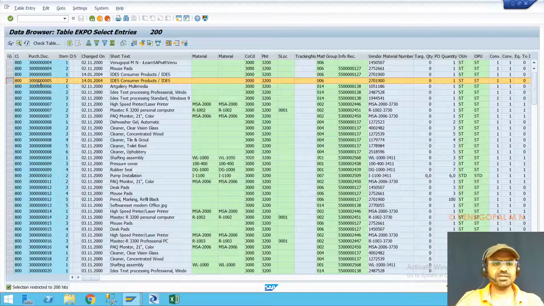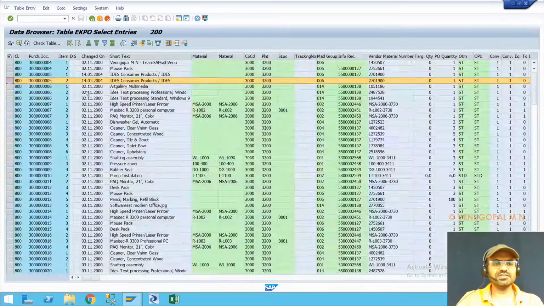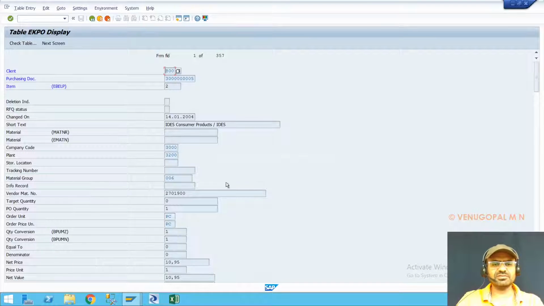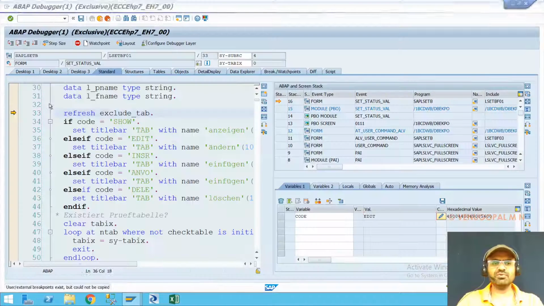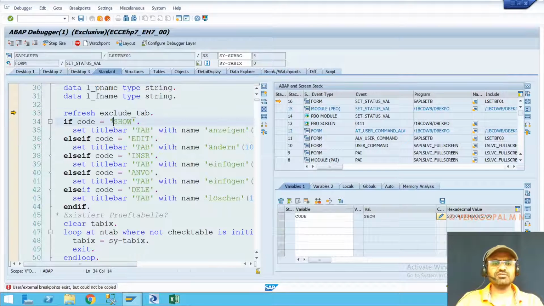At the same time, let us see one more example. I am taking this example. Click on display button. All you have to do is just display the content, select the record which you wanted to edit, click on display. It will show the single record in a vertical format. Then you have to go to the input window and press /h, enter. It will switch on the debugger. You have to press enter one more time. Once you do that, it will take you to the debugger window.